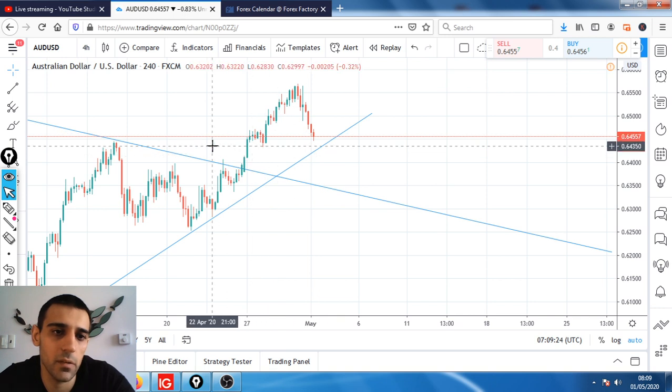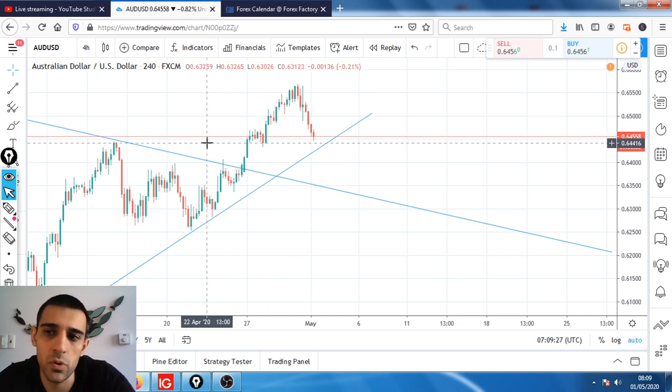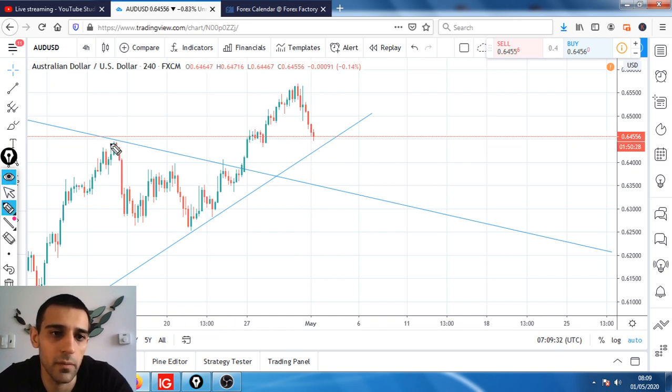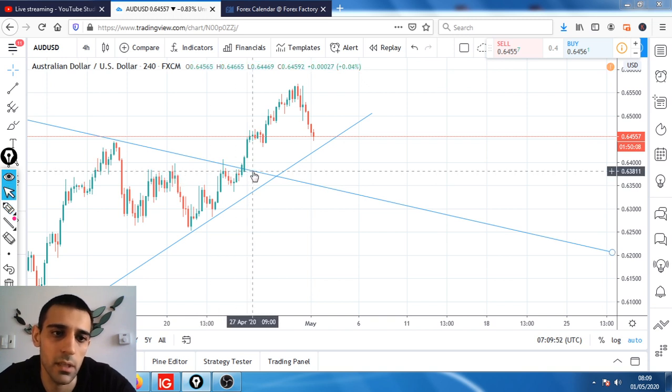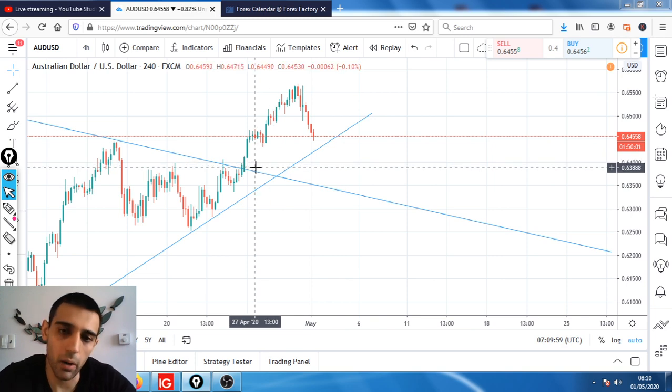The price already came down to this nice support zone, which is roughly at the 64.40 zone, because we have this high here and we got this low down here. We also have the trend line, because it's pretty close to this trend line here. So it's a decent enough support, and the question is whether the price is going to continue, maybe down to this level, which is the next support zone, roughly at 63.80. So will it continue that way or not?